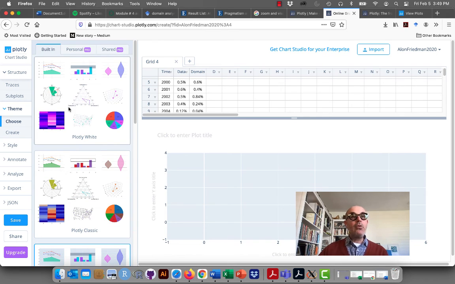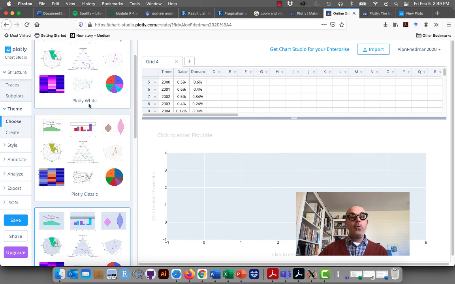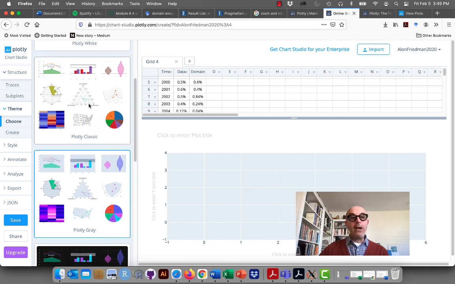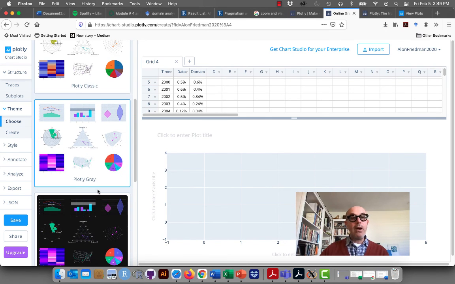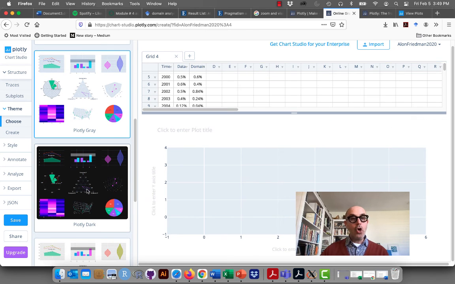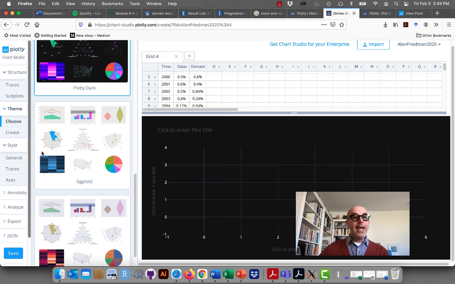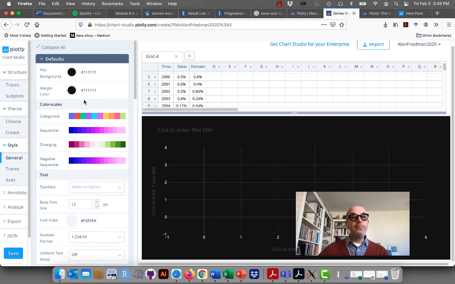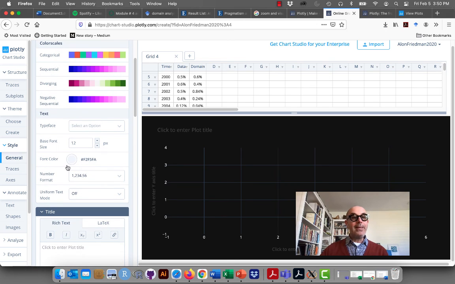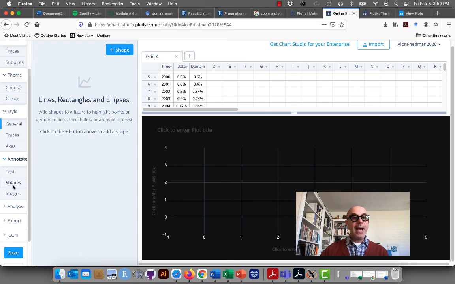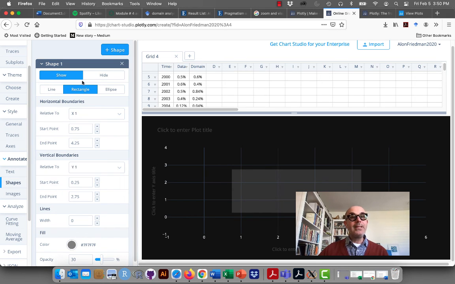So I can create with a white background, classic background, or gray background, or black. And this is quite cool. And I can have general options with regard to the style. I can add more dimension to it. I can add shapes and lines. So in this case,